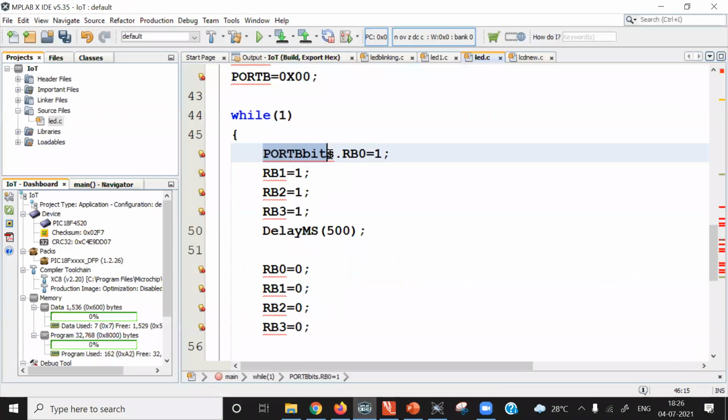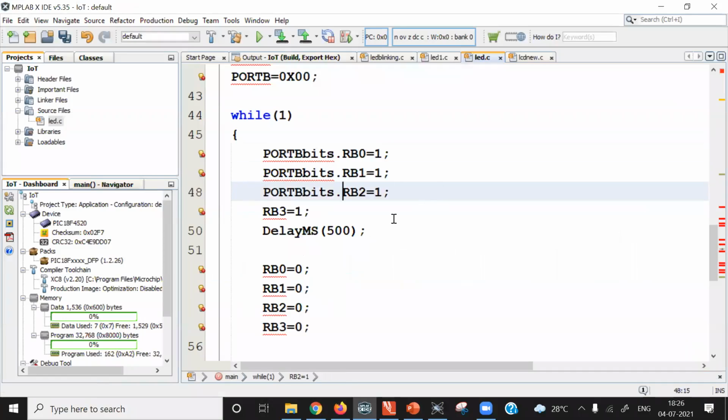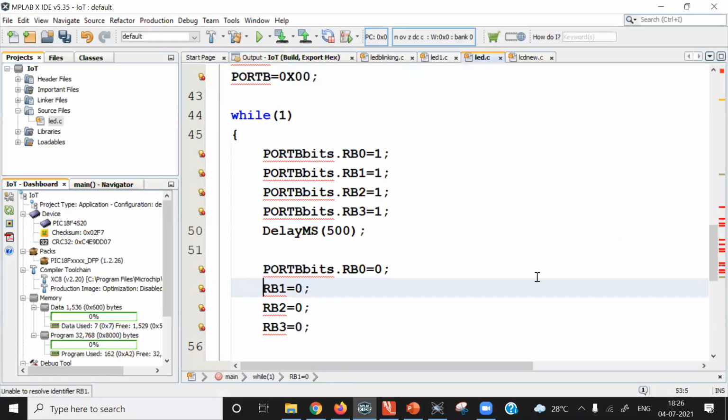This is another method. You can use any method to set or clear individual bits in the PORTB register. This is the third method I am telling you. You can assign names to the port pins through the define directive.